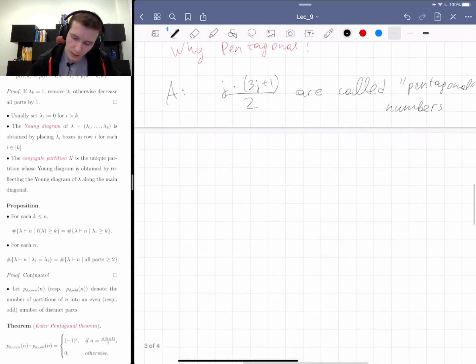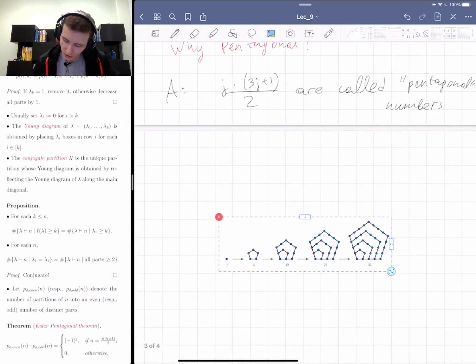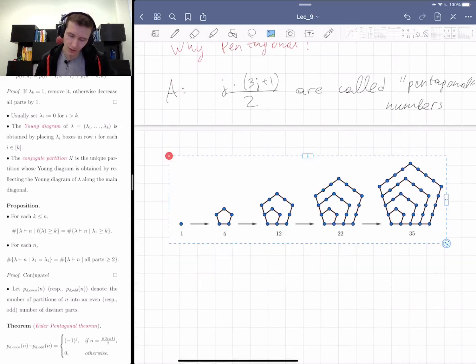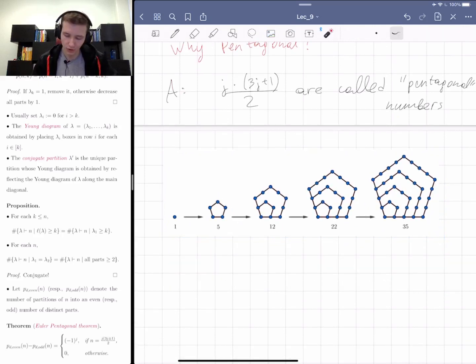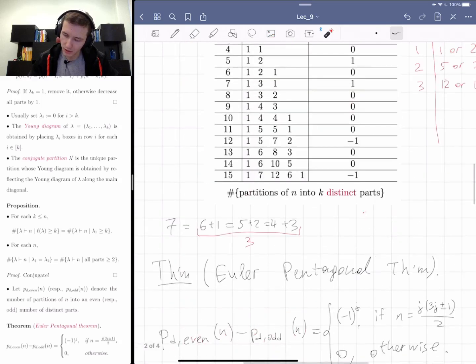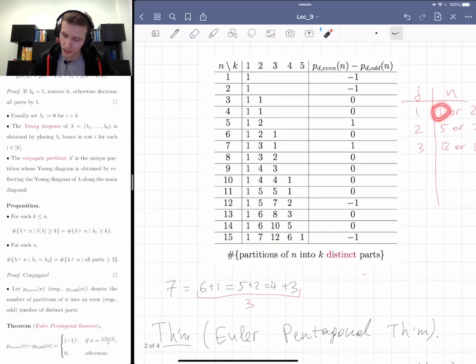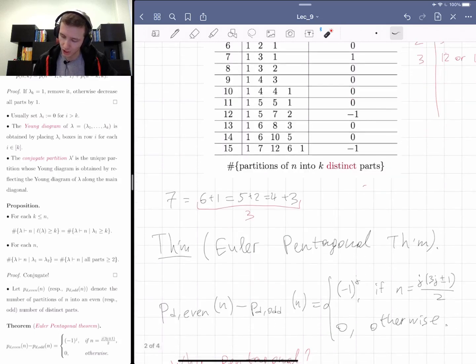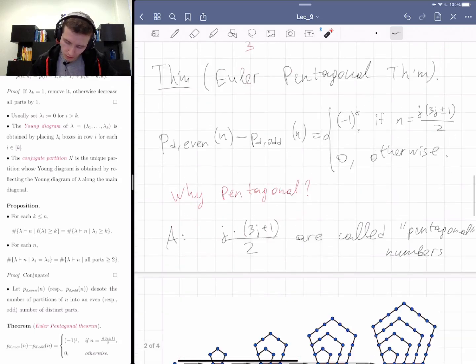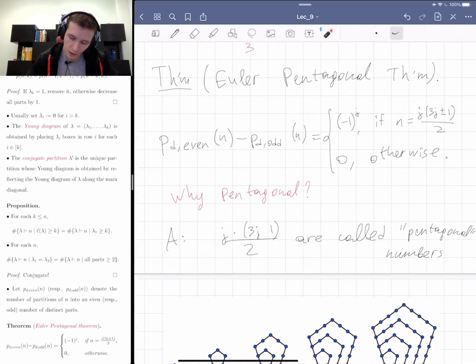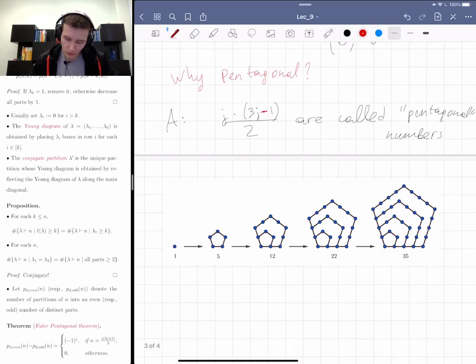So I have another picture. This one is indeed from the internet. So what is happening here? 1, 5, 12, I guess I have to take minus. 1, 5, 12 are these numbers when you take 3j minus 1. So this has to be a 3j minus 1. So yeah, the idea is that you kind of draw these pentagons which